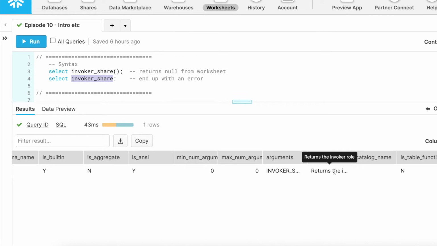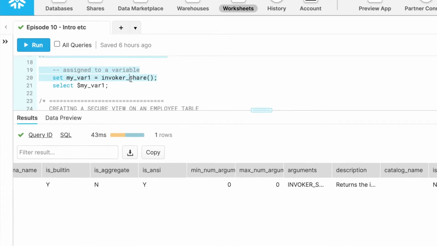And it says it returns the invoker role who has invoked this function, and it is primarily invoked through the shared object. So it is not that you are invoking through the view or you are invoking through the UDF, but primarily when you are invoking an object like a view or a table through the shared object, then only this function gives a meaningful result. For all other purpose, it gives a null value. So the description in this field is not appropriate or maybe slightly misleading.